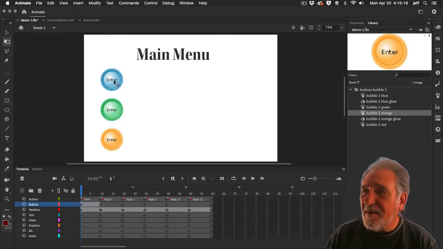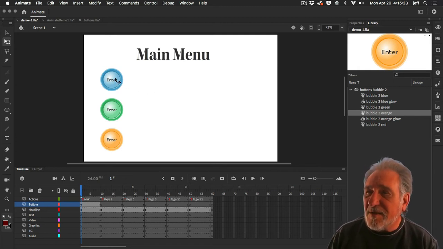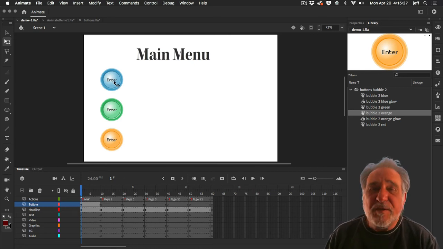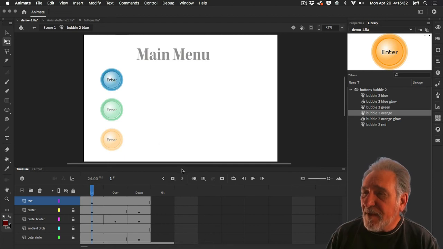Okay, so now notice they say enter. It's like, well, that's kind of lame, right? We don't really want it to say enter. We want it to say something like page 1. So here's where we have to start editing the buttons. If you double click on it, if you recall,